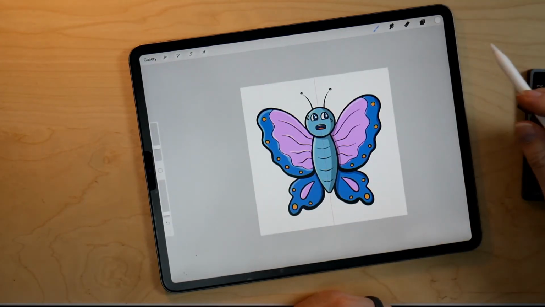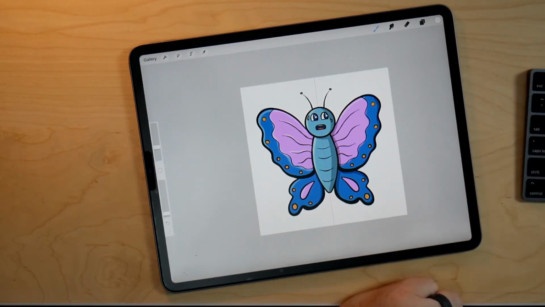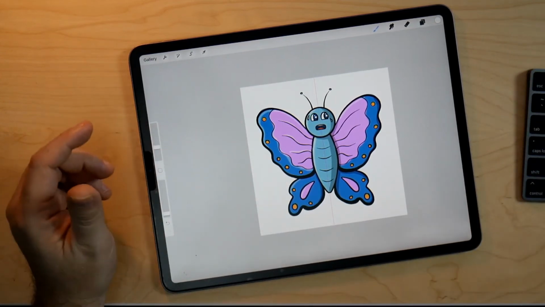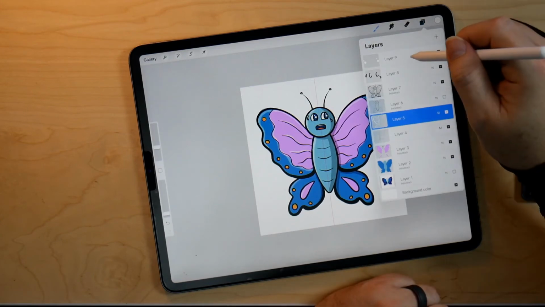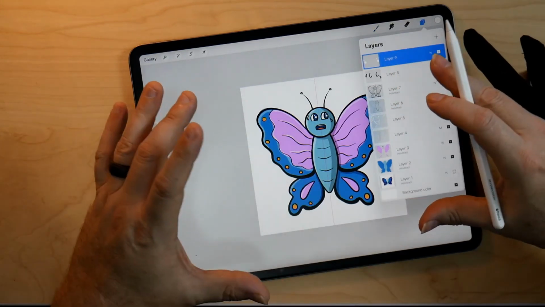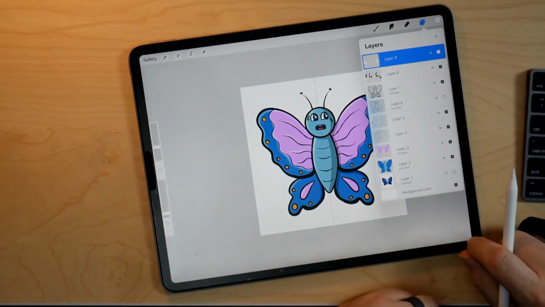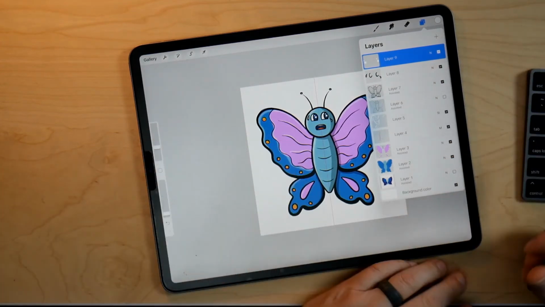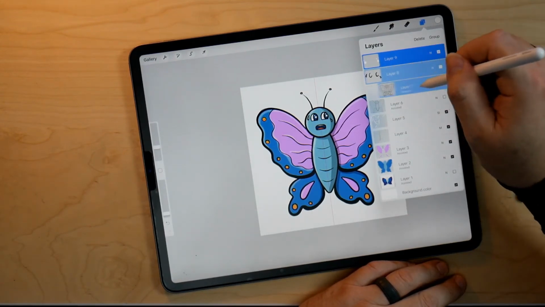All right. Now we got all of that in there. I'm going to declare that the bug itself is complete. And so what I'd like to do is, the bug is taking up the entire image at the moment. So there's a couple of things I could do. One is I could shrink the whole thing to make room for some text. Or another thing I like to do is to